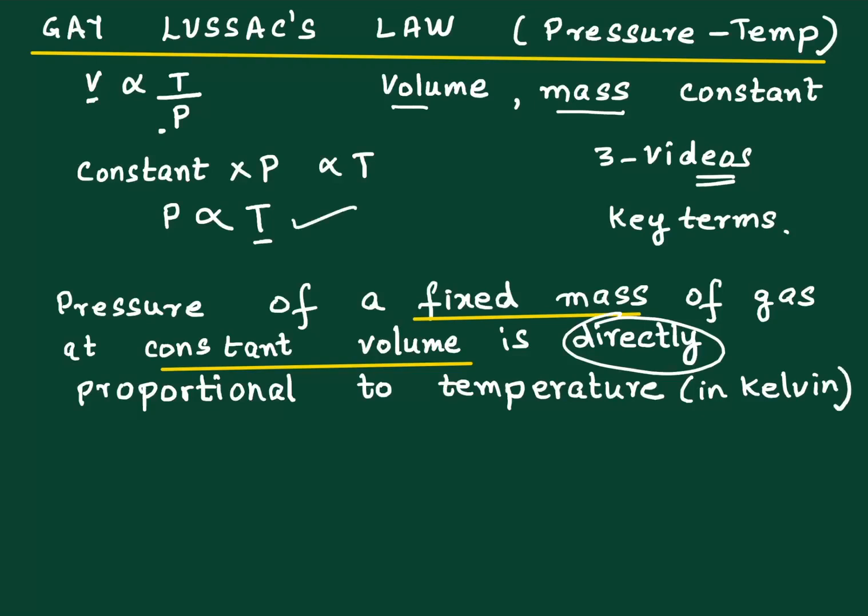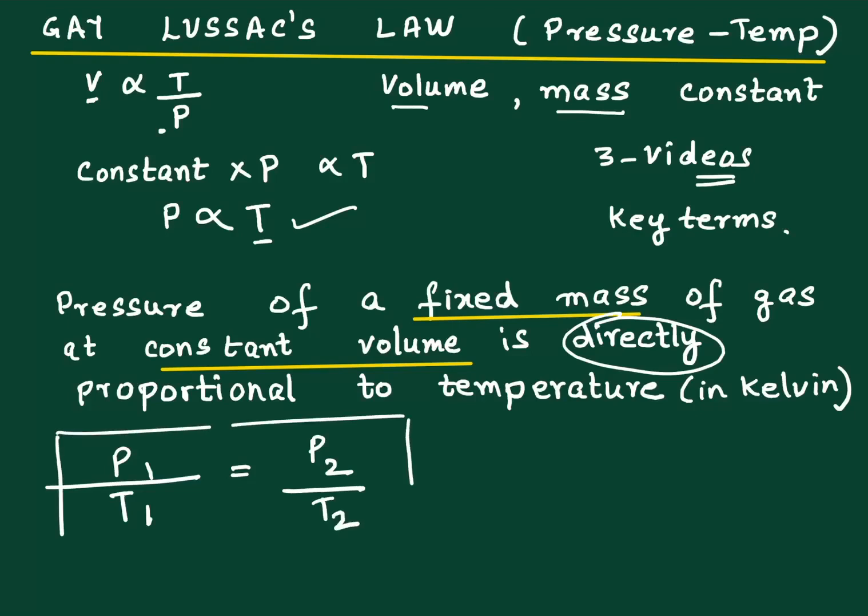So from the above relationship, we will have pressure upon temperature, P1 upon T1 is equal to P2 upon T2. And you can again use it to solve various situations, or various calculations can be done on the basis of this relationship. Now that you know that pressure is directly proportional to temperature, in other words, what happens in the summer months in the